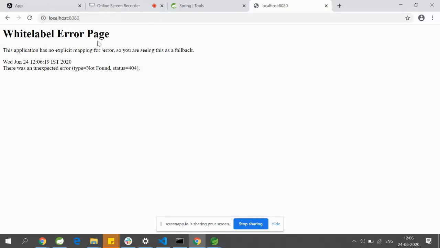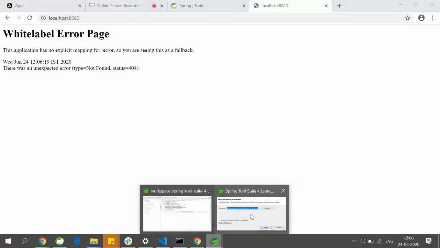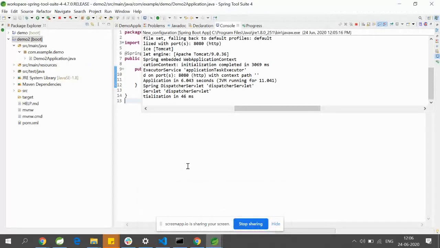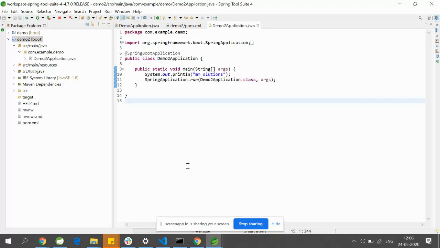So the Whitelabel error page means your application, sorry, your server is ready. I mean your server is started. So this is the way to create one Spring Boot application in one way. Okay. Here one more thing. If you want to change your port number, you can change your port number. Just go here